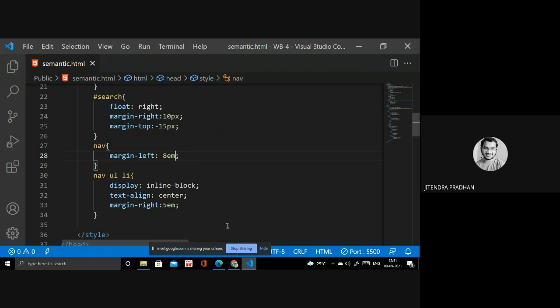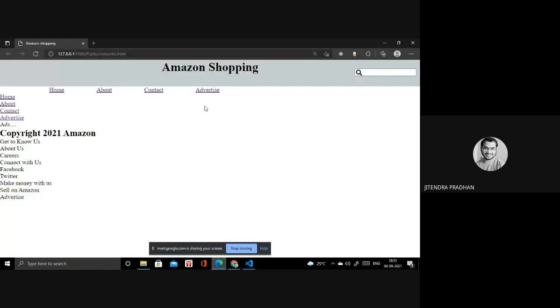So I think we've done all these things, but we have to change something. There is an underline below that. Why is the underline coming? Because we are giving the particular link inside that anchor. That's why it's coming, so I need to change that by using the anchor also.